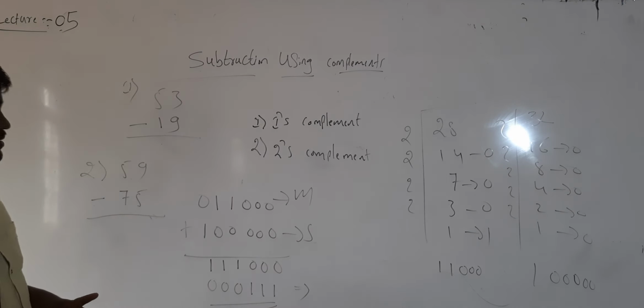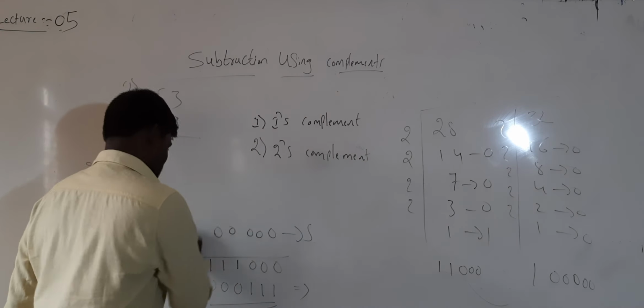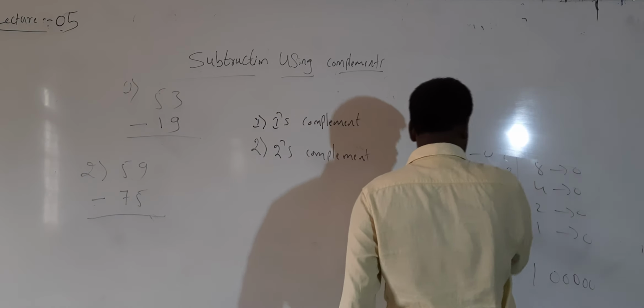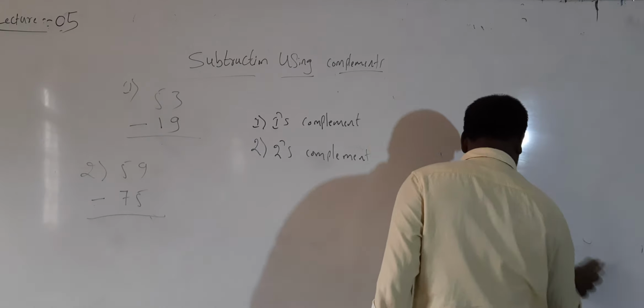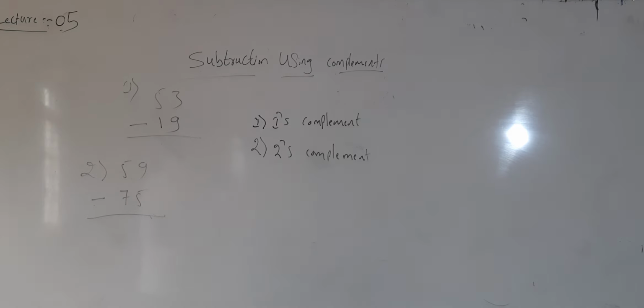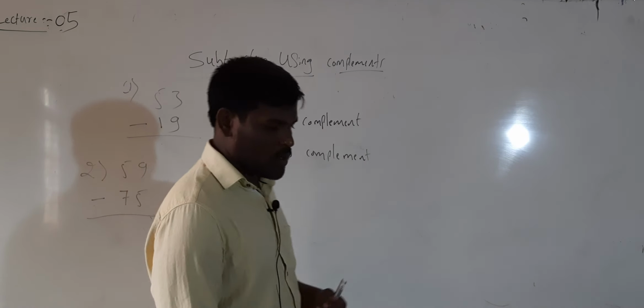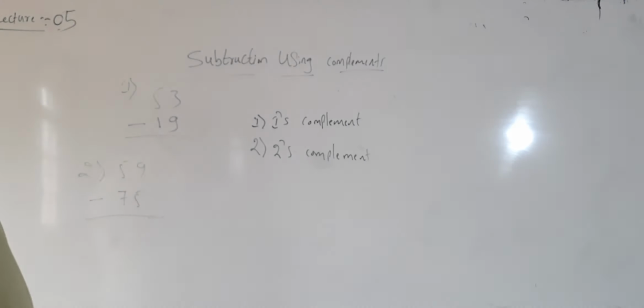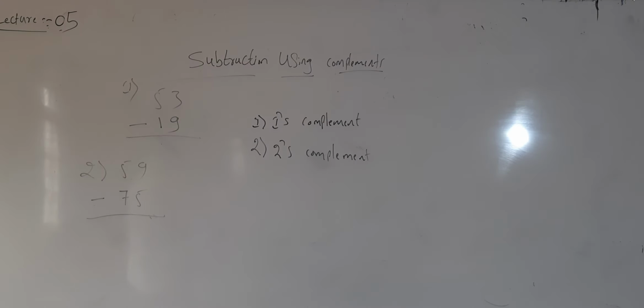Okay. So now you have to consider the second one, that is 2's complement. Already you know what 2's complement is. Here 2's complement means, again you have to follow the ones complement rules. First the number is converted into the ones complement, after that 1 is added to the ones complement result.